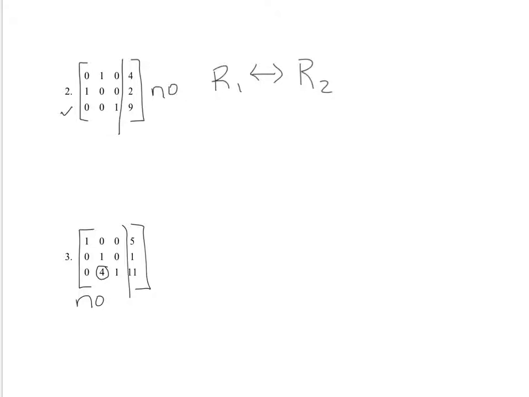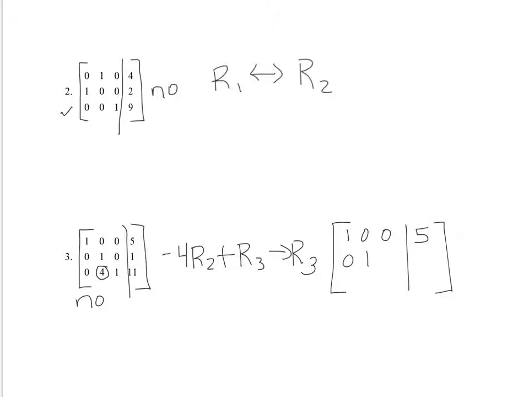So in order to make that become a 0, I will need to back up to row 2, and if I multiply -4 times row 2, and I add that to row 3, and make that my new row 3, I should be in reduced row echelon form. So nothing will change on the first row. Nothing will change on the second row. But for my third row, if I multiply row 2 times -4 and then add it to row 3,